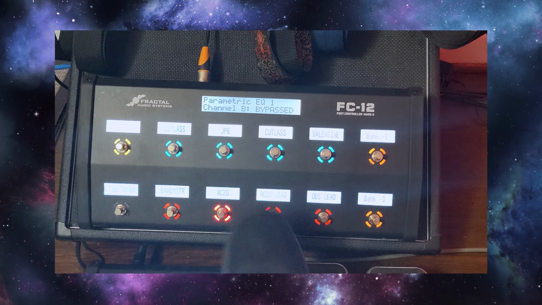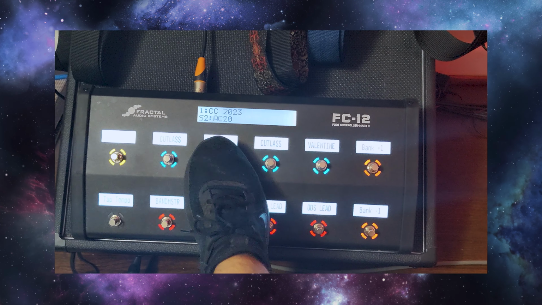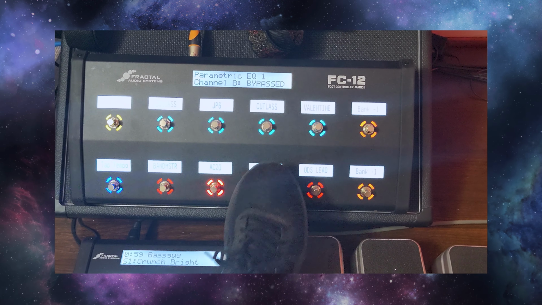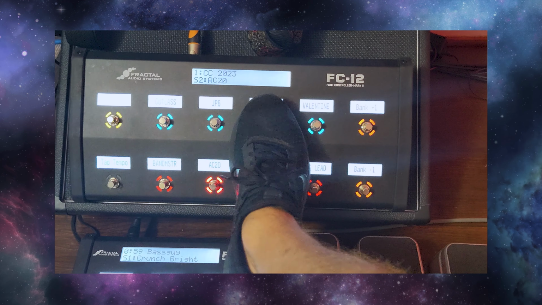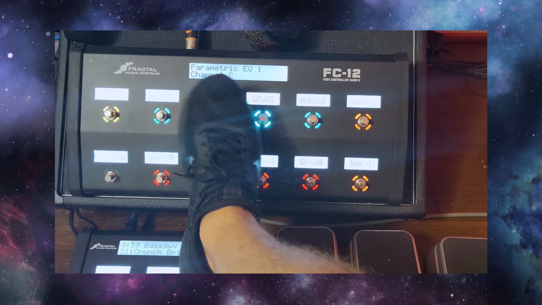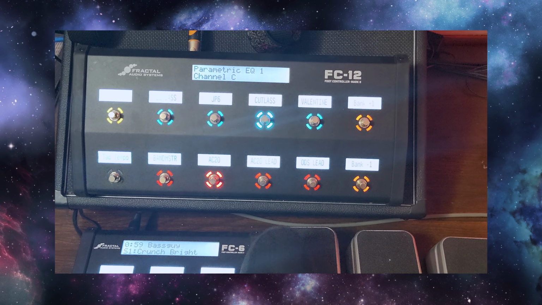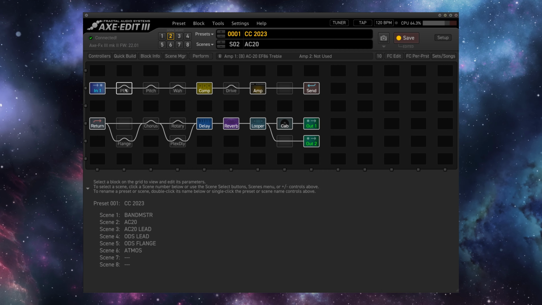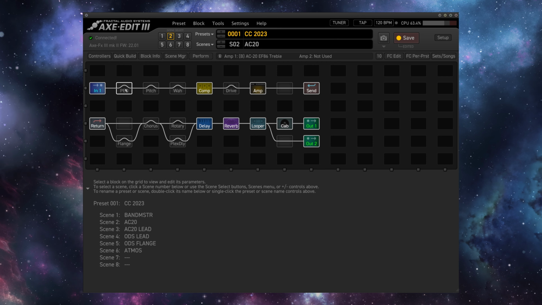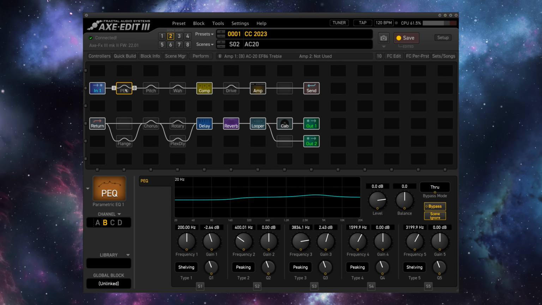With Smart Bypass on, I can change between my guitars at will, and then by clicking again the guitar that is on, I can bypass the PEQ entirely for a fifth sound, just the preset without any guitar-specific PEQ. Maybe I dialed it in for, let's say, my single coil Cutlass, and the Cutlass setting can be for my HSS. Versus all the other methods that I briefly showed you, this is by far, to me, the most straightforward